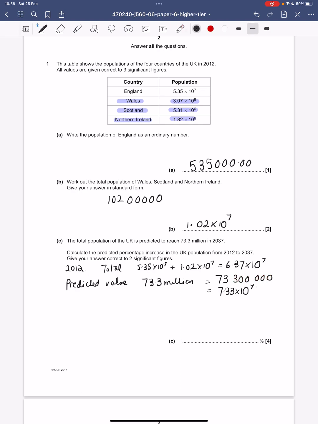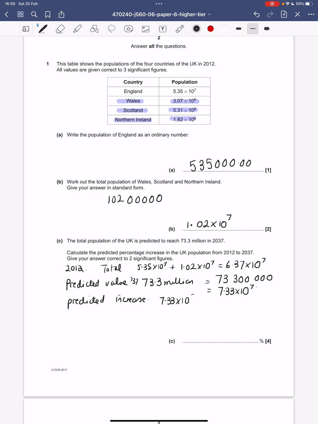Okay, the predicted value in 2037 is that. So the predicted increase, I wouldn't write predicted in an exam, you keep it down a little bit, but anyway, the predicted increase is